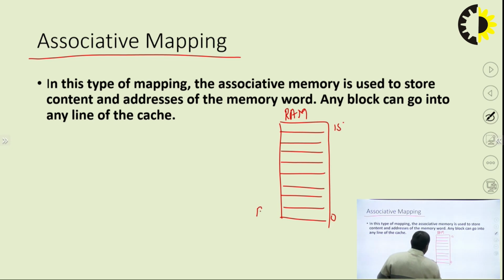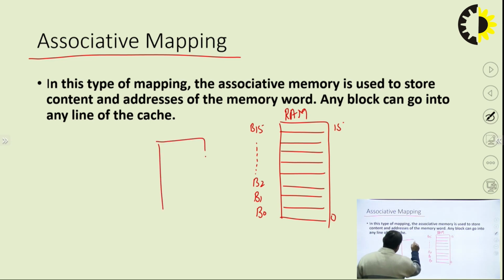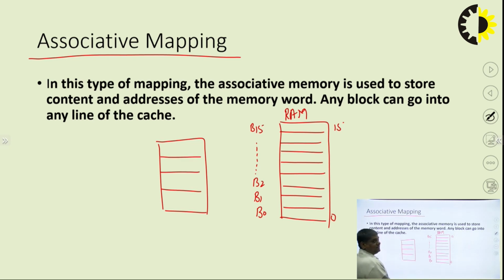It means the blocks are B0, B1, B2, and so on, up to B15. We assume that RAM consists of 16 blocks, and in the cache, assume 4 lines or blocks. That is the cache,